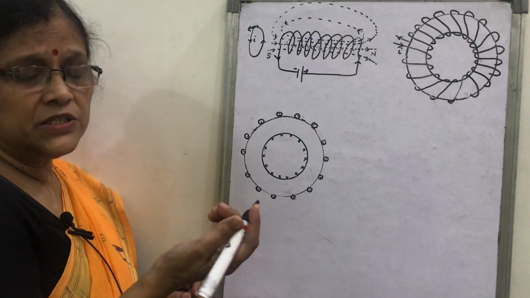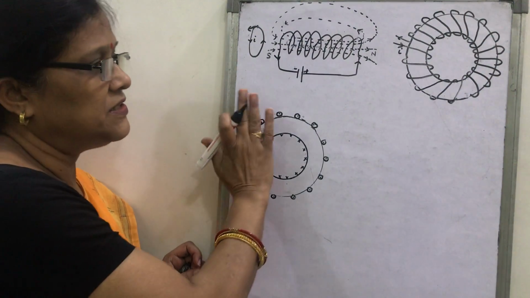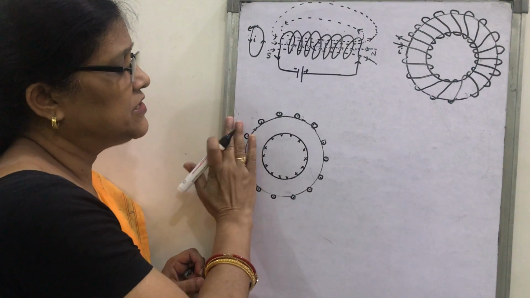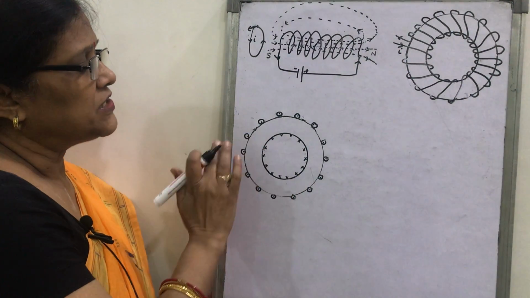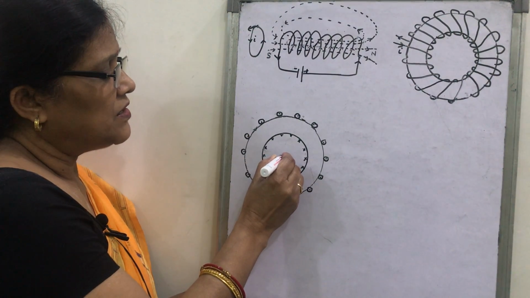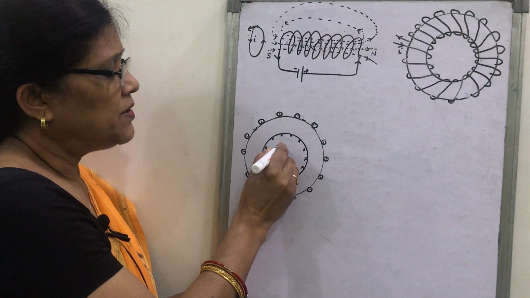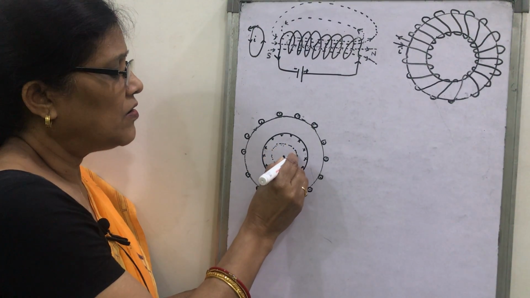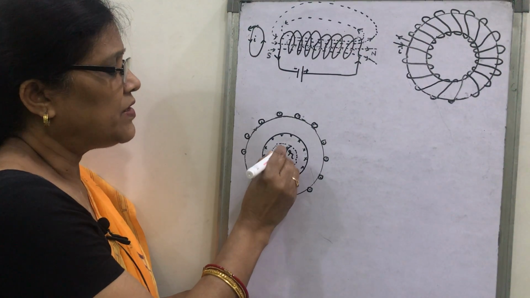Look, what is the use of Ampere's circuital law? Because here there exists a symmetry, and we have taken the cross section. This is the cross section of the toroid. So in this section, if we take an Amperian loop from the center, suppose this loop I have shown with this dotted line here. This loop is of radius r.